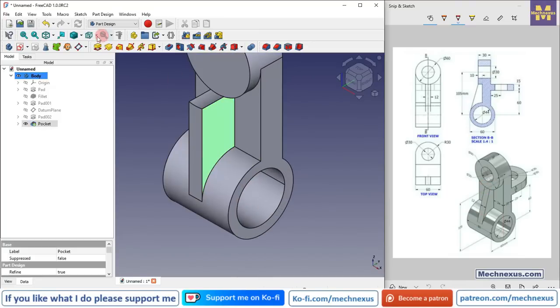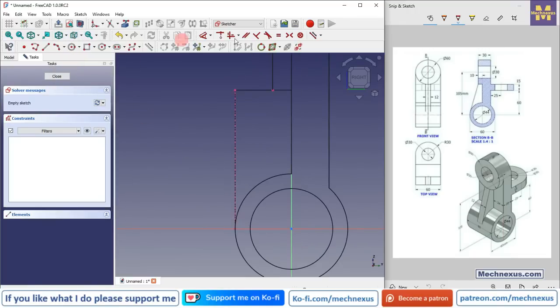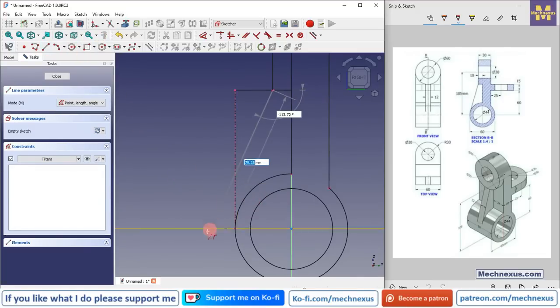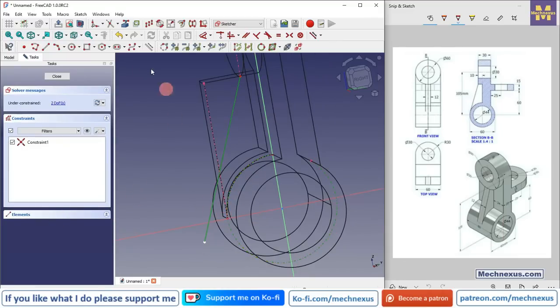So we will select the face and click on the sketch, click on project geometry and project this edge, and project this edge. Switch to the wireframe, and we will also project this edge. Now we will select a line tool, create a line, select this, and add a tangent. Select the trim tool and trim it,